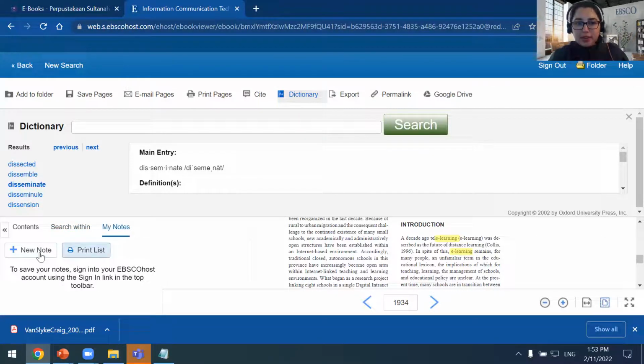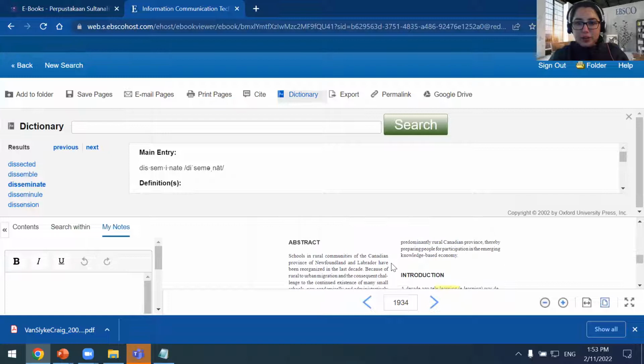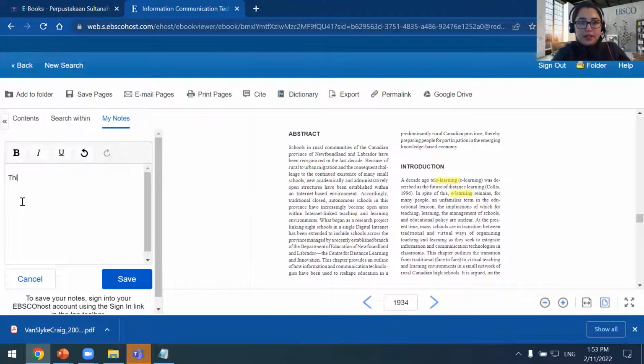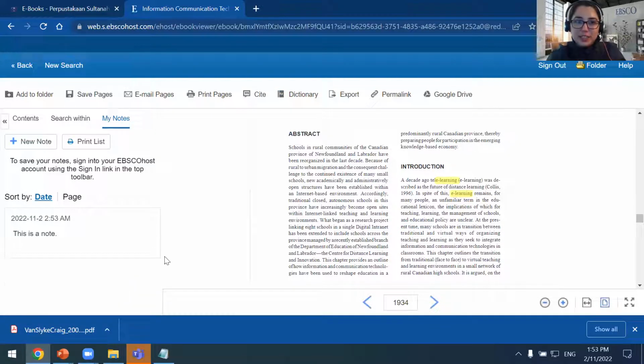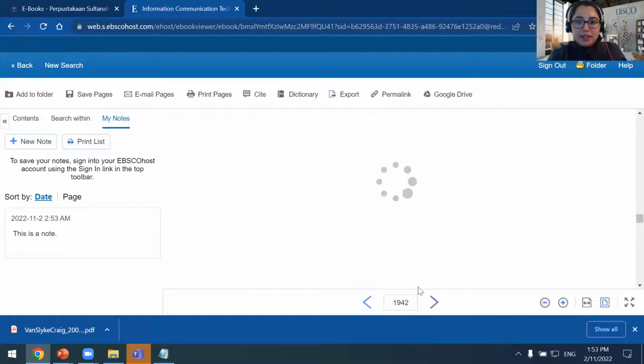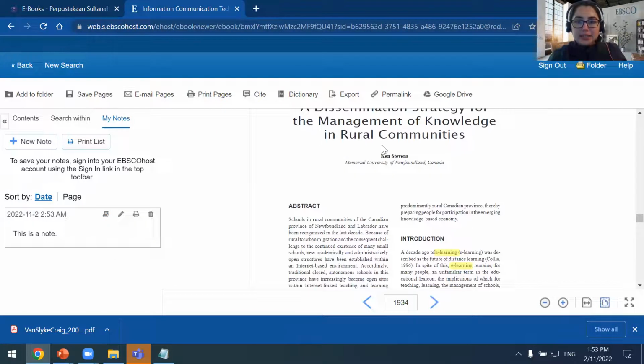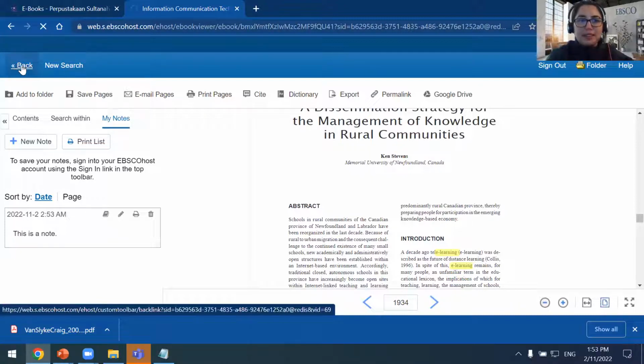And then we have the My Notes. And so if I want to create a note on a certain page, I might just click out of that. I can write a note. So this could be like a bookmark or a post-it note sort of functionality, so that even if I exit that page, because I've created a note to that page, I can easily navigate back to it by clicking this book symbol on that note, and it takes me back to that page. So as I mentioned, when you have a print book and you have post-it notes, this is a very similar functionality. And I'll just go back again.